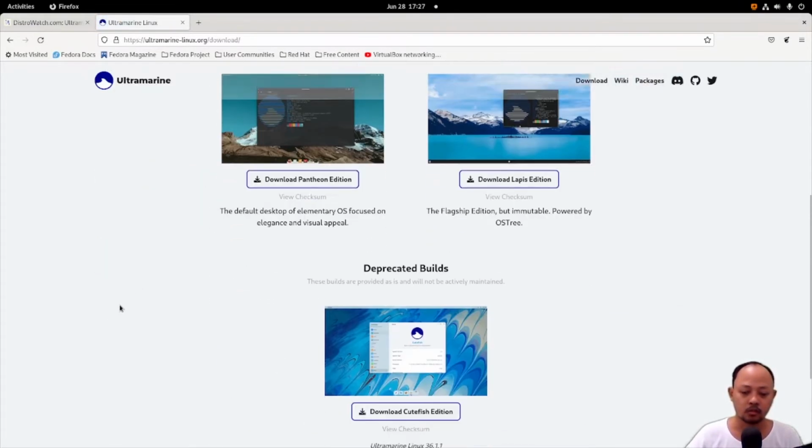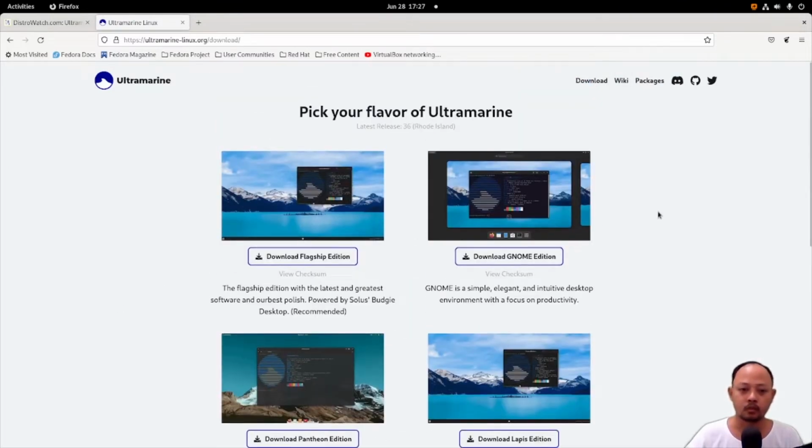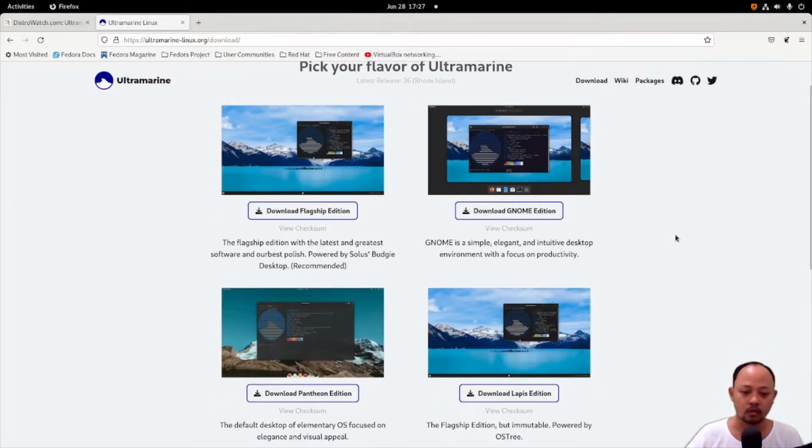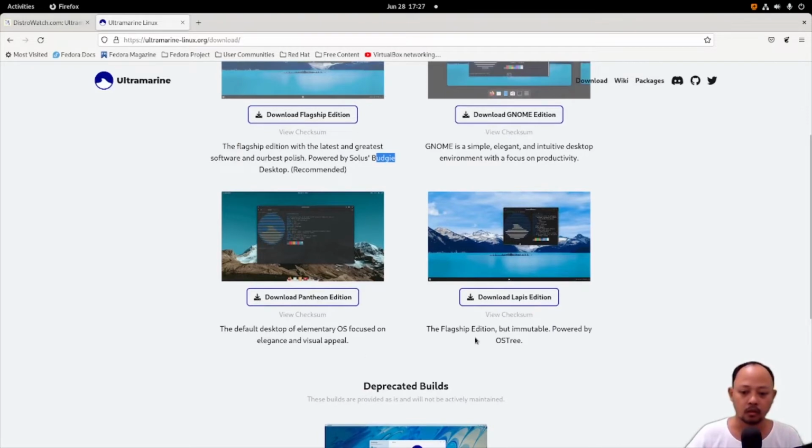On this page, you can see the desktop environments provided by Ultramarine. For example, this one is GNOME, and it's Budgie desktop, and then this is the OSTree version.